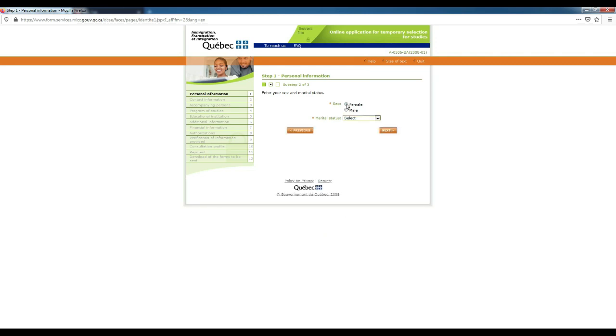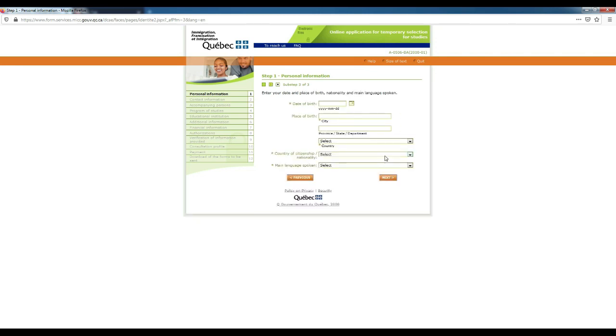This is step 2. Select your gender, then select your status. Next step, you have to mention your date of birth, then name of the city, province, country.